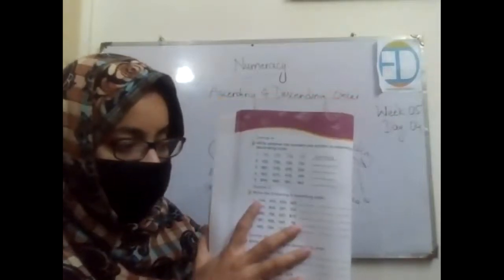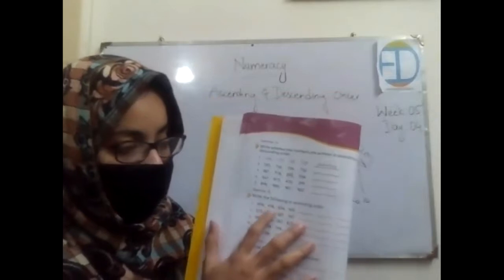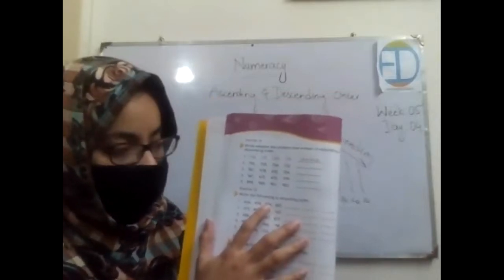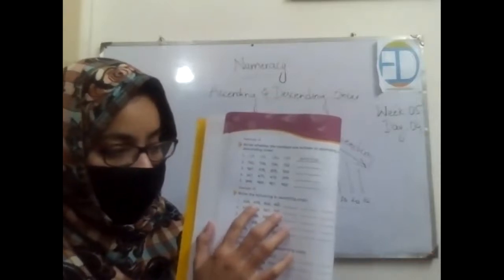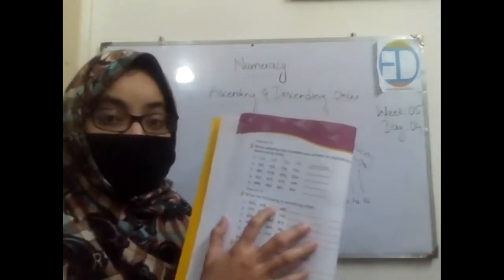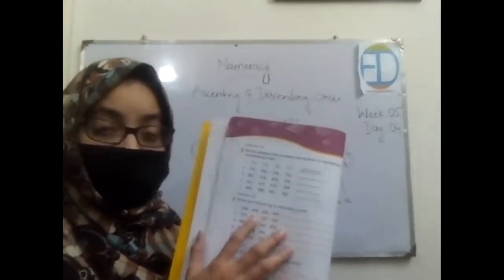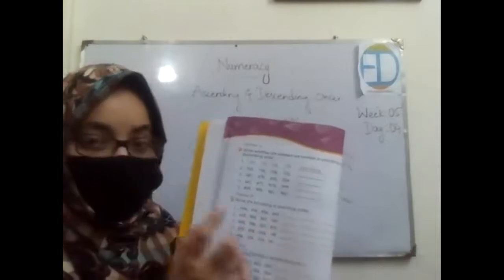Okay, look at the first one. In the first one, 3 of the first digits are the same and the fourth one is different. So this means ascending, smallest first. The first one is 454. Excellent. Then 456. Excellent. Then 465. And the last one is 654. Very well done. And how did you recognize that? By observing the second digits, right? Okay. Excellent.